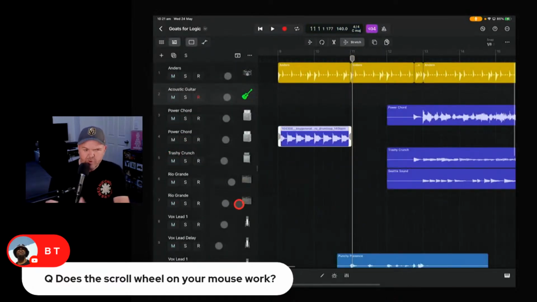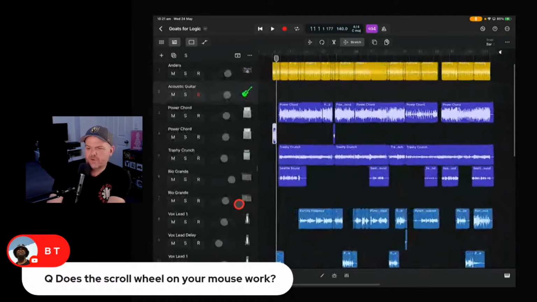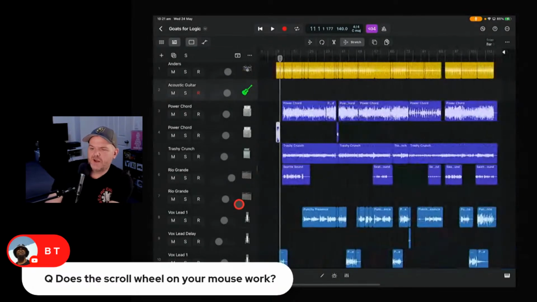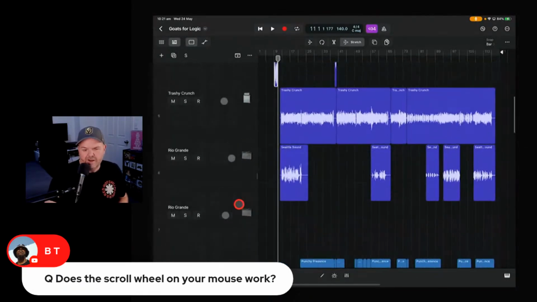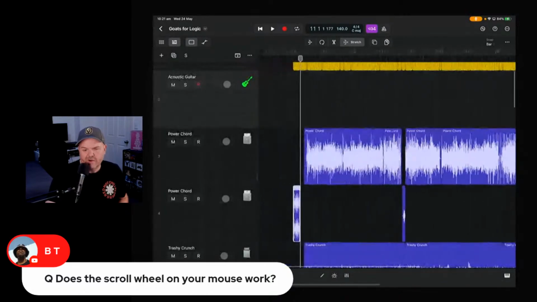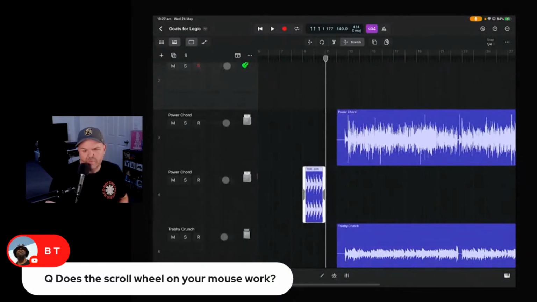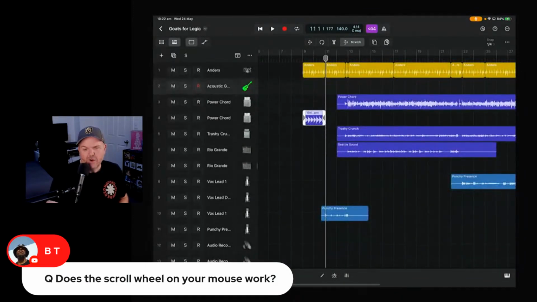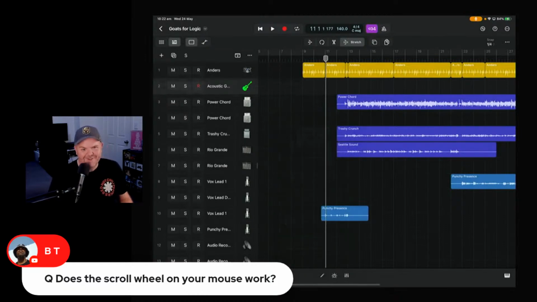I didn't really mention before, but you can also pinch. So 2 fingers, you can pinch to zoom out if you squeeze, to get more of your project, or you can separate your fingers and zoom in. And you can even do it vertically. So you can zoom like this, and you're going to get more information, more of that track on there. And you can see with a stereo track, you've got both tracks there if you do that. That's pretty cool, yeah? Pretty cool. Let's remove that because that's going to distract me from what we're doing.